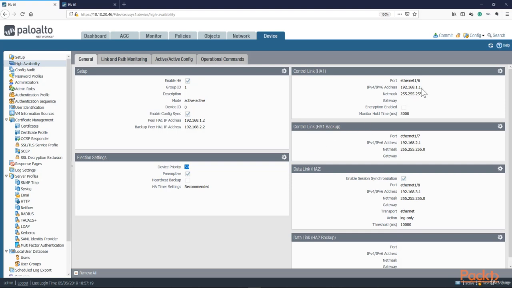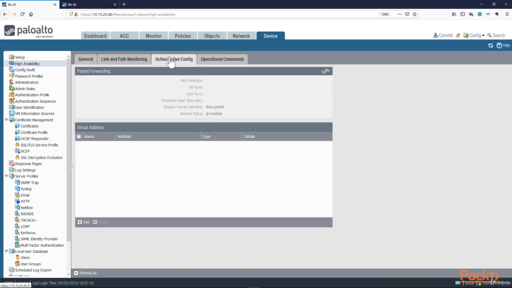Control link, we're leaving the same way. We're just going to use the same address space. Same for HA01, same for HA02. And finally, in active-active, we then need to enable packet forwarding. So in case we need traffic flowing from one Palo Alto to the other, so you're seeing traffic that hits